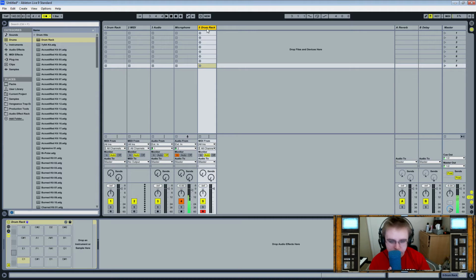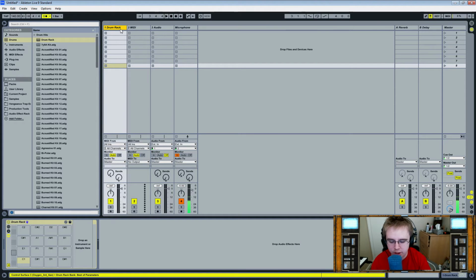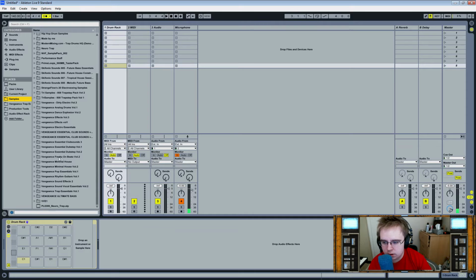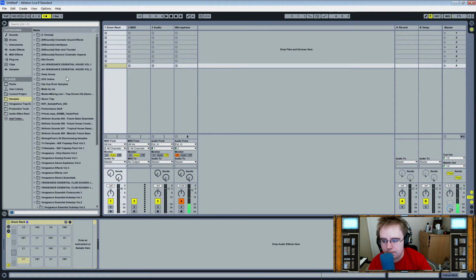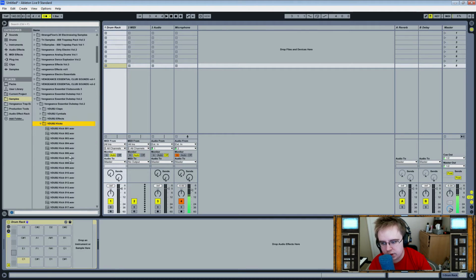I'm going to get rid of this drum rack just by pressing delete, because I don't need it. Now, this is the drum rack that I'm going to use for our little dubstep kit. I'm going to grab some Vengeance dubstep samples. There's a bunch of places you could find samples online, so feel free to use whatever you want. But for this case, we'll just grab